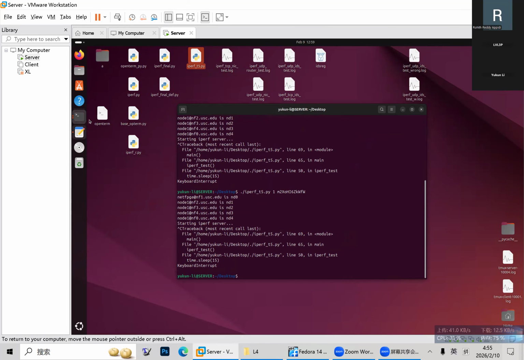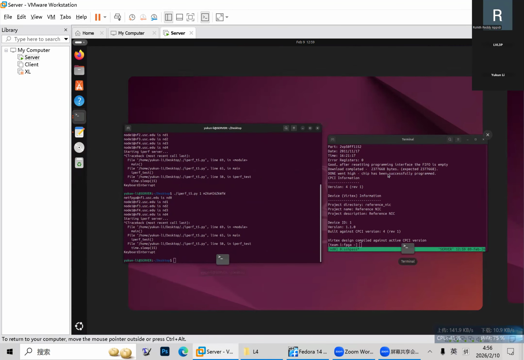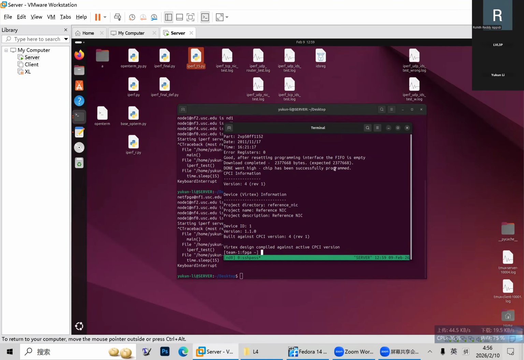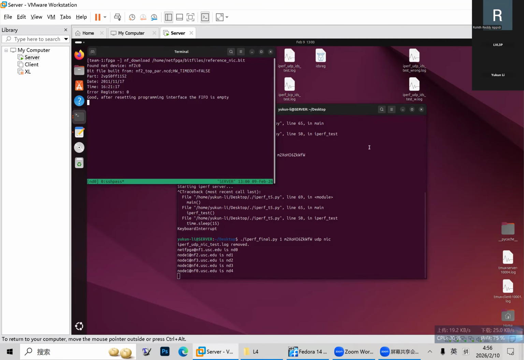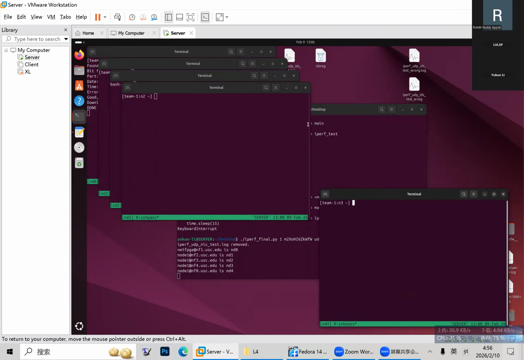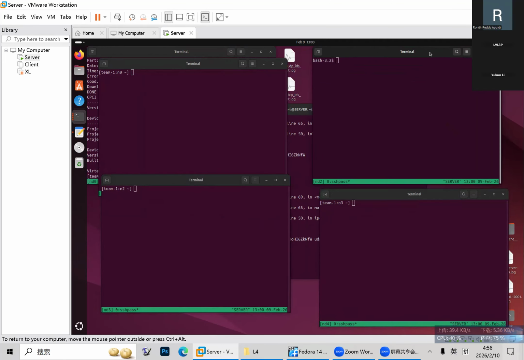So we'll stop sending commands to these 5 terminals, and now we are going to step 6. First we are going to test the... Let me check it. I think firstly we are going to test the UDP mode of NIC, right? Okay, we could test the UDP